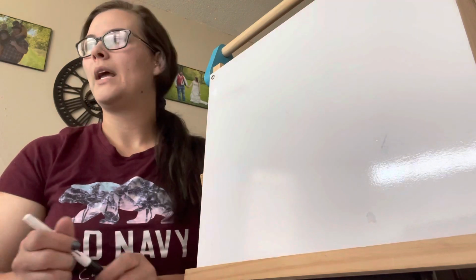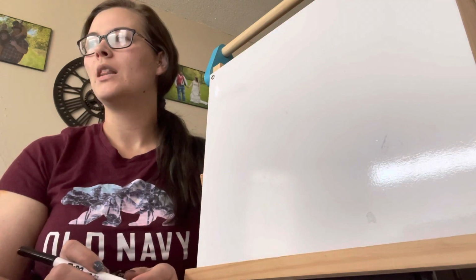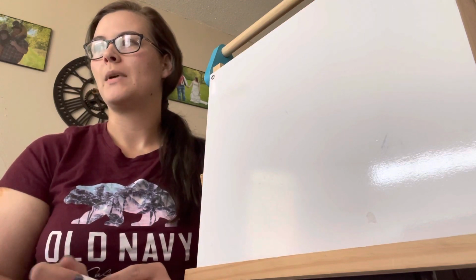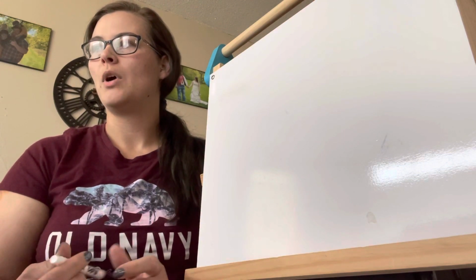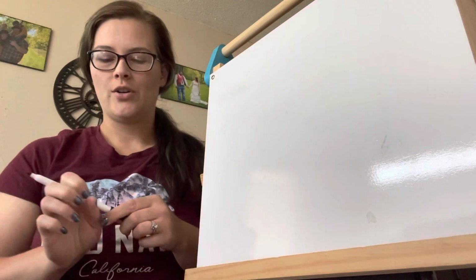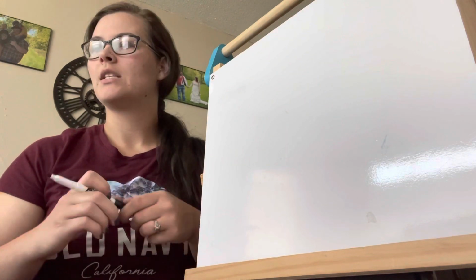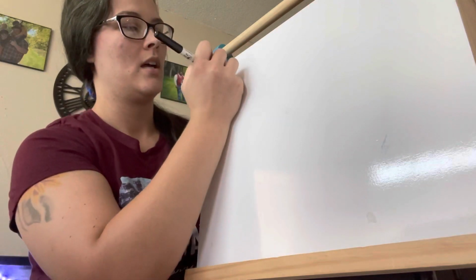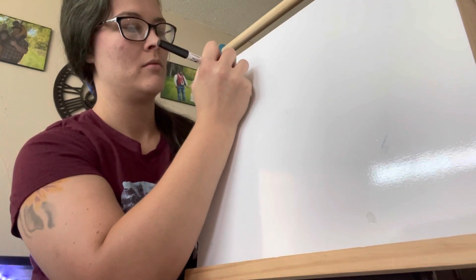So today we'll be making a list of things that we see around us. Then we'll break them into percentages based on which ones we see the most. So if I were to create my own list of things that I would find in a classroom, I might say that I see paper,